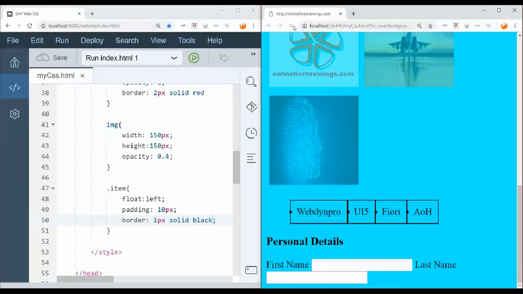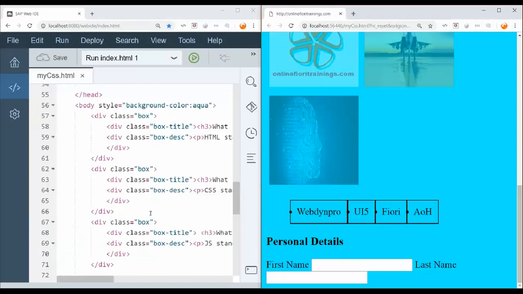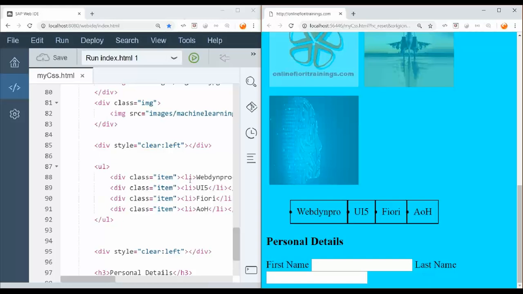Let's refresh. Voila, you see it has got a border, 1 pixel solid black. I don't want this dot. There's a dot coming at the beginning of every item, and I don't want that. That's something which li is controlling. The list item, the li tag, is controlling that. So I want to apply style on li, but make sure only the li's which are inside an element of